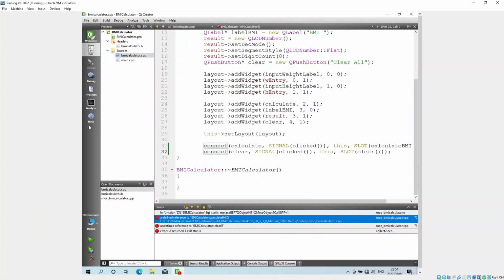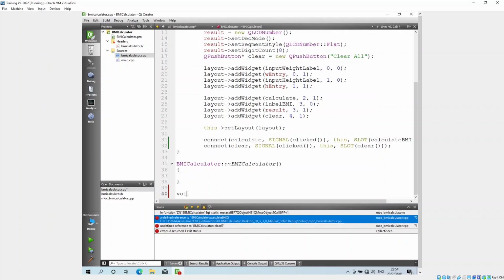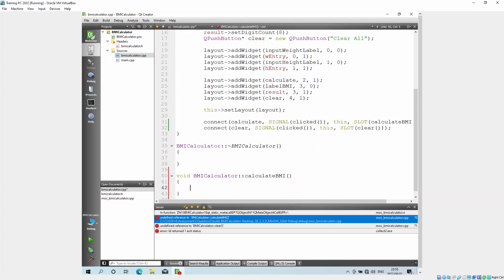haven't actually put in any code for it, and I suppose that's why it keeps on throwing out this error message. So in order to get rid of these error messages, let's just create our void, and we want to do this BMI calculator like this. Okay, and we need to have our calculate BMI over here, and our open and our close brackets,